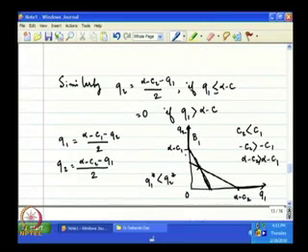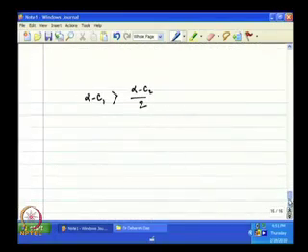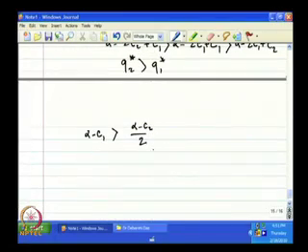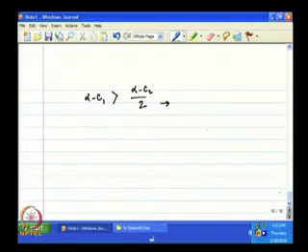That is, this part is higher than this part. The bigger part is alpha minus C 1, and the smaller part is alpha minus C 2 divided by 2. So, only if this is true, we are going to have this Nash equilibrium of